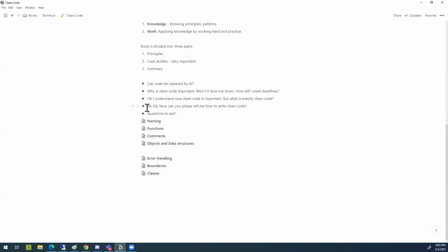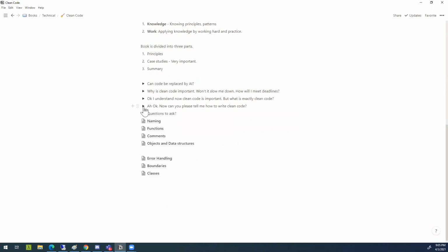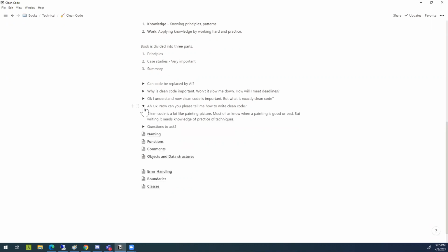Okay. So now let's see how we actually write clean code. What the author has said is that clean code is a lot like painting a picture. When you see a picture, most of us can tell whether that painting is good or not. Somehow it's like that art that we know, but to actually get into that art,